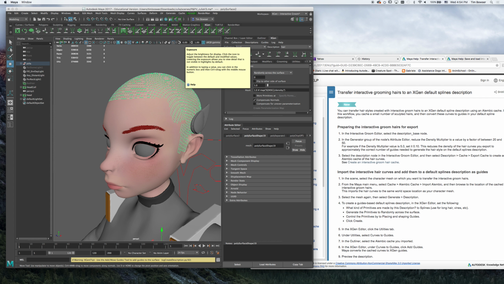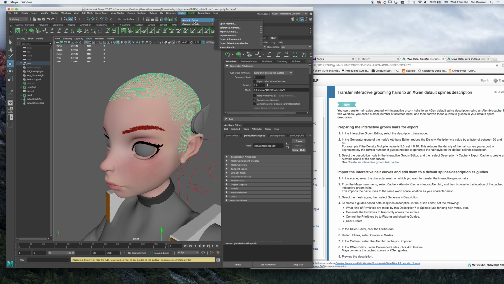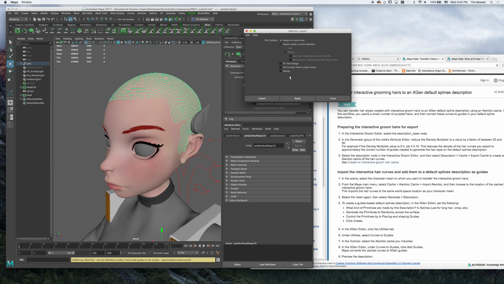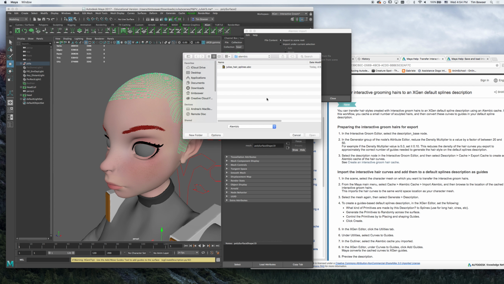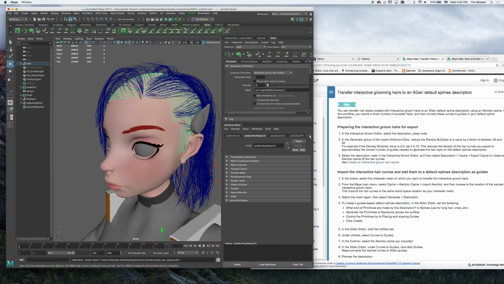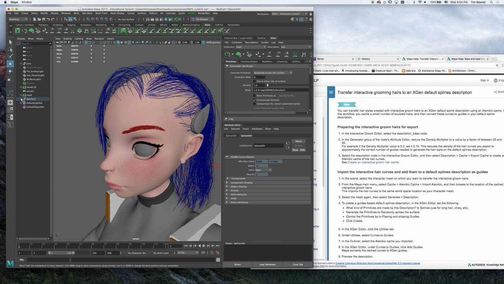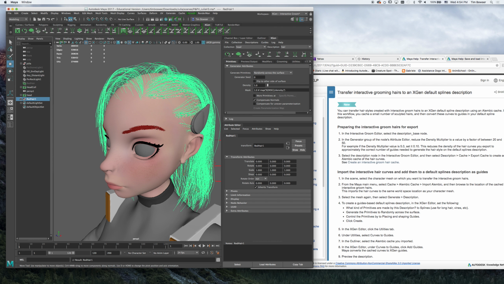Okay, so to import in the splines, we're going to go to cache, Alembic cache, and we're going to go ahead and import that. And you shouldn't really need any options here, so we'll go ahead and import. And I'm just going to pick that Julia's hair splines. So here's all those curves. If you just click on one, you see it comes in under here, you can just hit up once on the arrow key and it should select them all. With them all selected,